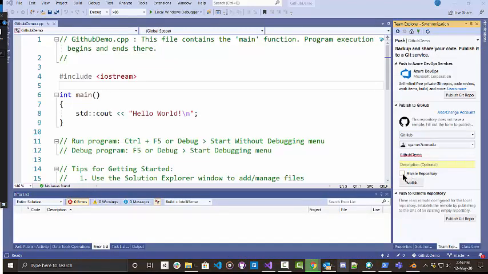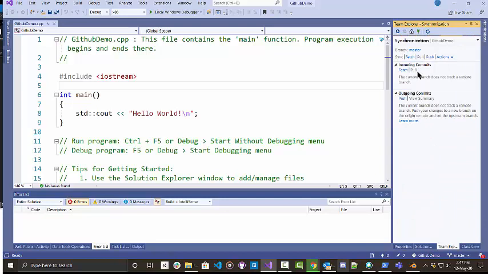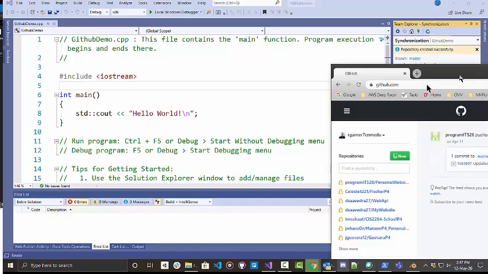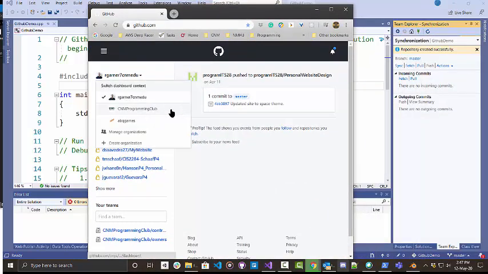So to do that, one thing we're going to do is make it a private repo. If you don't, then everyone in the world can see it. With programming assignments from a school, you're going to want to make that private. And then you're going to click Publish. And it should tell you that the repo has been made successfully. So let's see what that looks like on GitHub. So I'm going to go to my account,